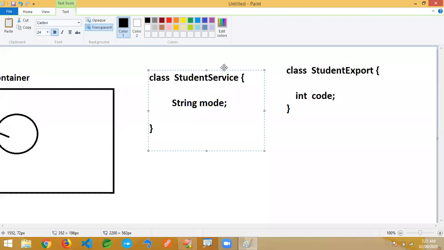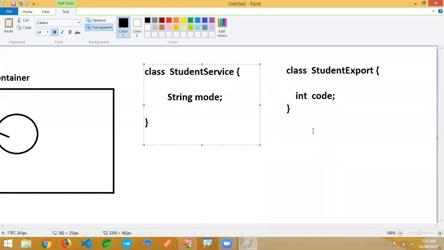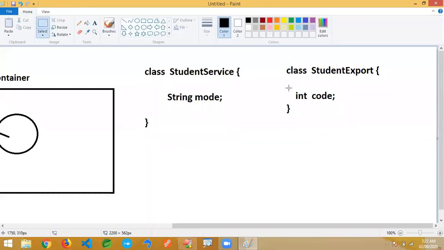Two different classes are there. Now what I'm doing, I just want to create association mapping between these two, and create the objects and link them. There is a relation I'm creating between these two classes, using StudentExport as a data type inside the StudentService.